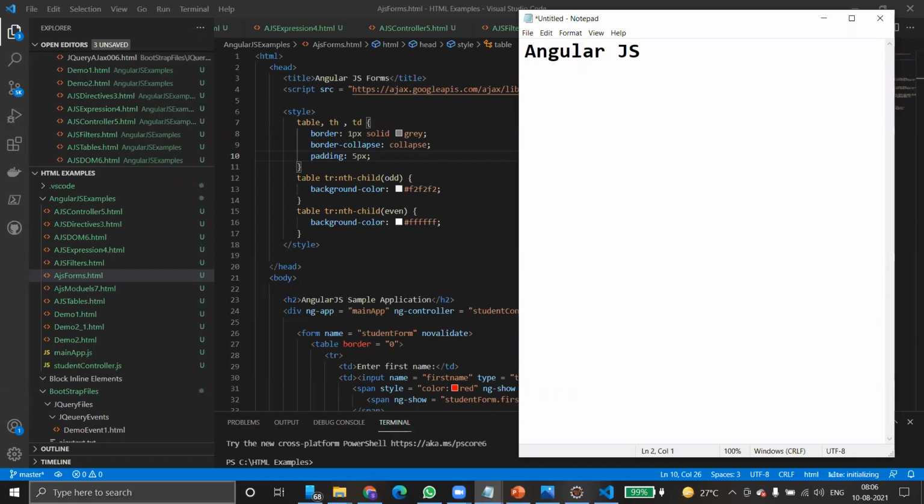Whatever applications you write using AngularJS are cross-browser. You do not need to do the coding separately for each and every browser. If you write the code in AngularJS, that is enough for all the browsers. That is compatible with all the browsers, so that's the reason we call it cross-browser compliant.